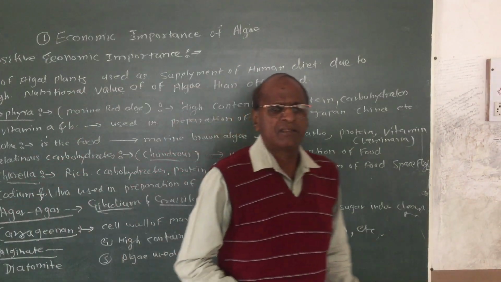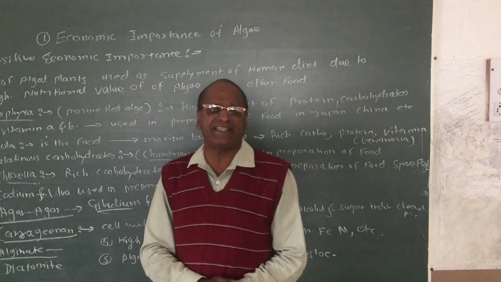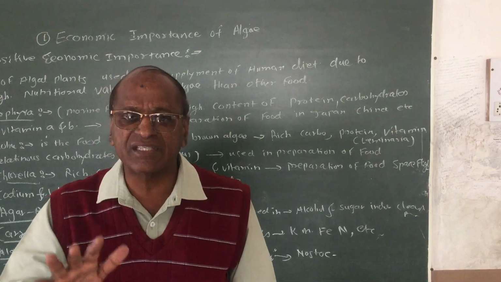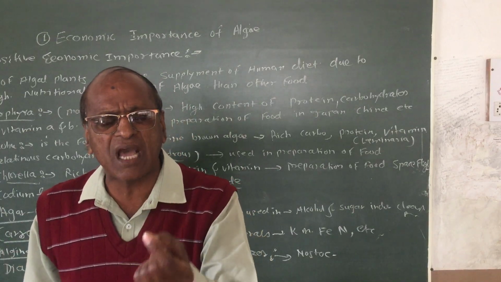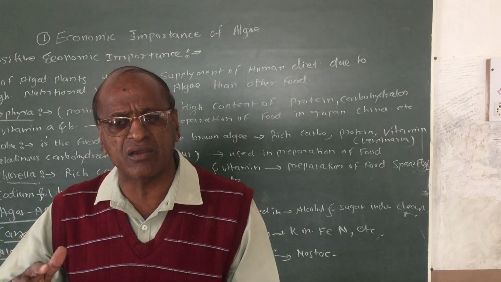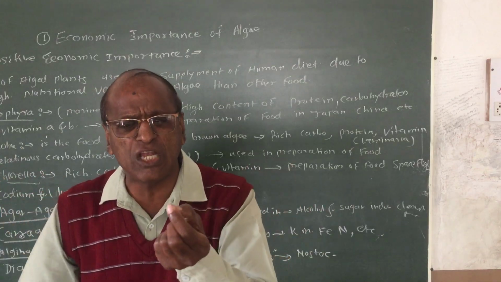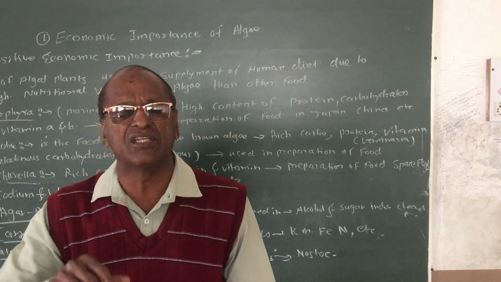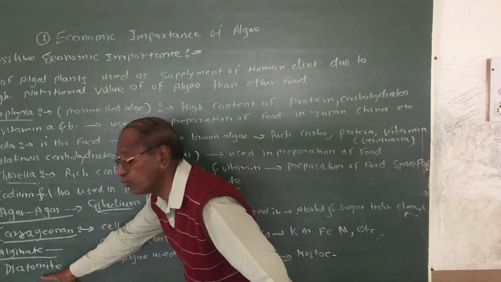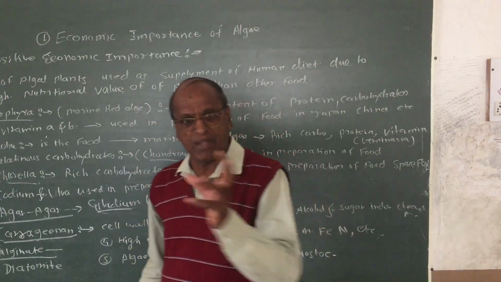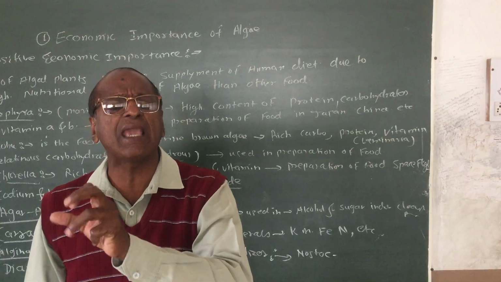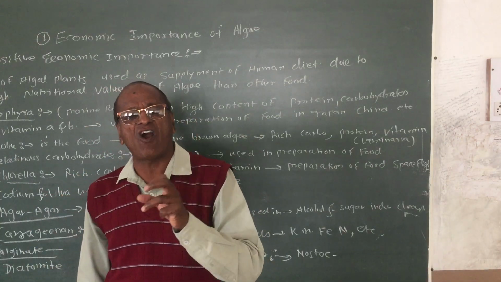Rather than alginate, the next industrial product is diatomite. Actually, diatomite is a fossil of the cell wall of the diatoms. Diatoms are unicellular microscopic algal plants. They may grow in marine water. A tremendous amount of this unicellular algal plant may be observed at the bottom of the seas, and these algal plants may be fossilized and converted into diatomites, and this diatomite plays an important role in different industries. Actually, diatomite is chemically insoluble, and it may be utilized in oil and